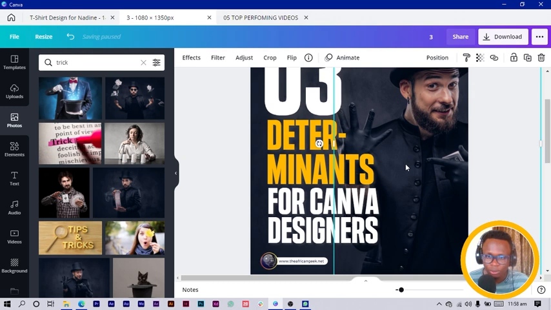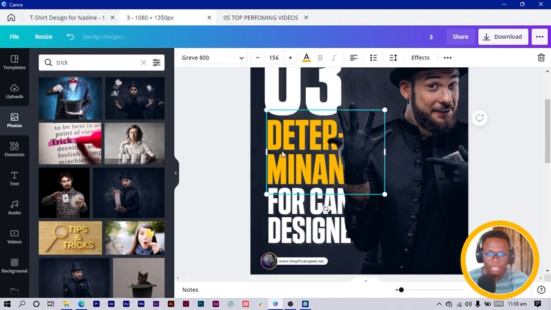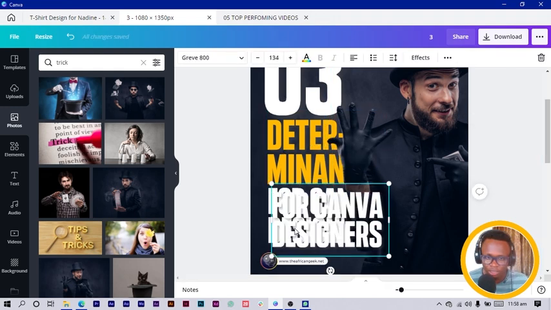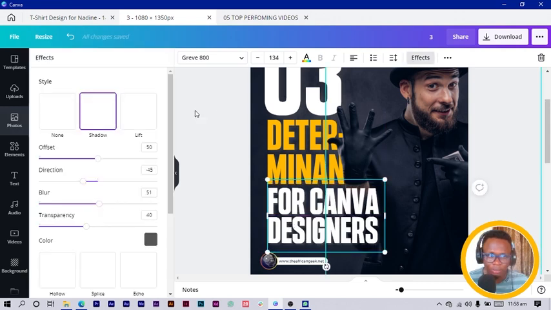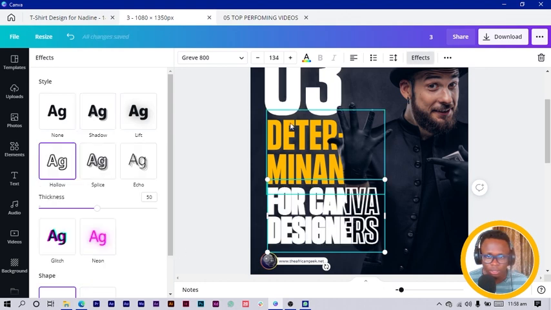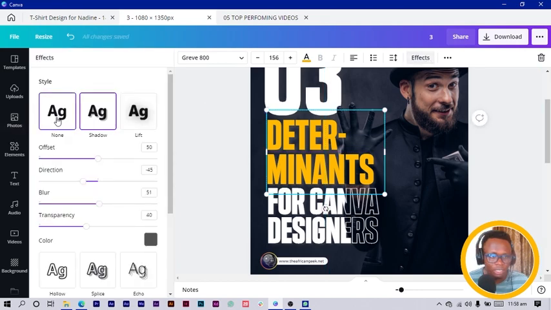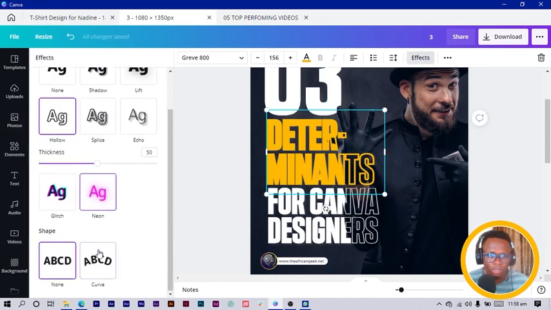Nice one. So what I'll do is I'll bring this to the front, okay, then I would increase this, and I can bring for Canva designers, I can bring this one here, come to effect, and change the effect to hollow, okay. Then I reduce it, so this is how it's going to be like. And I can do the same thing for this one also. So determinant, and I come to effect, and I come to hollow, okay, then I just reduce it,